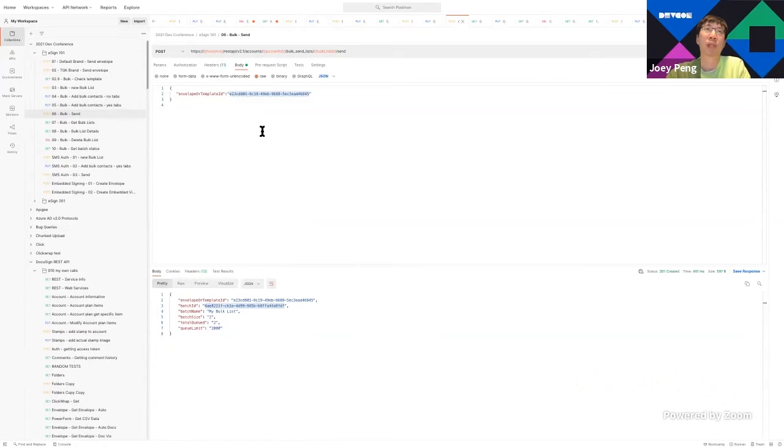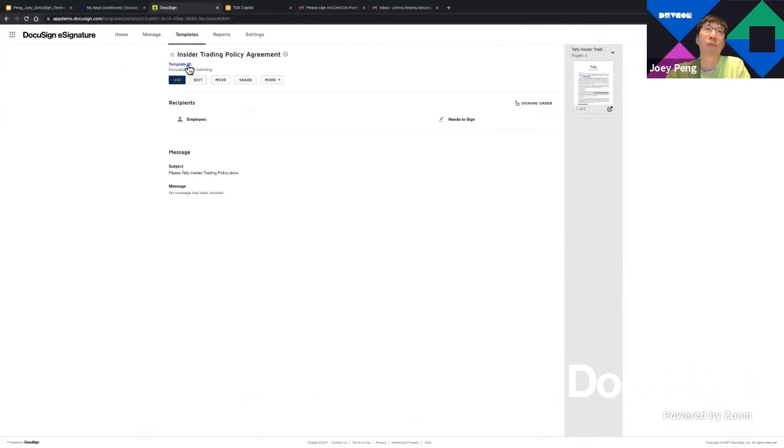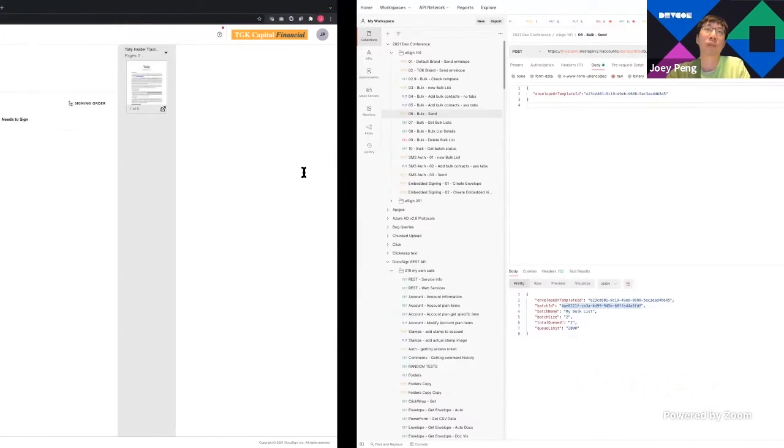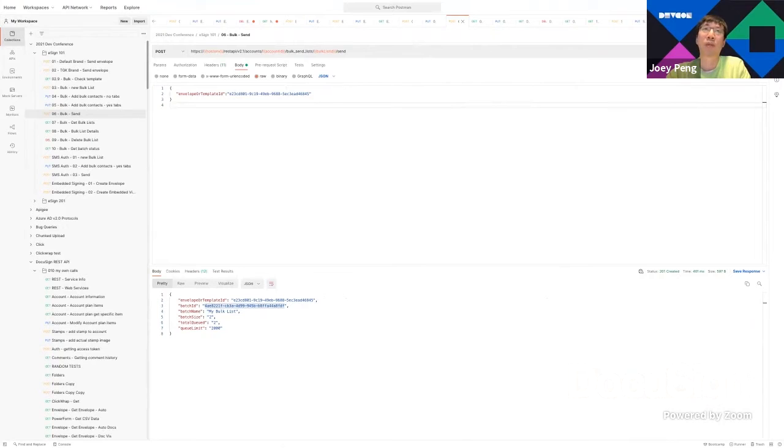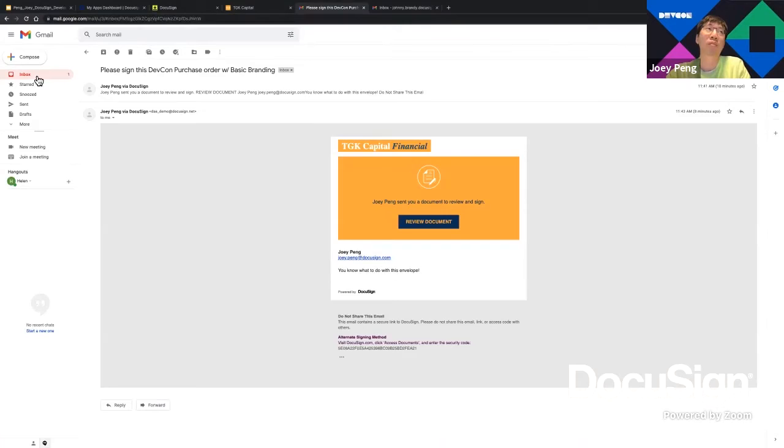The next step is to simply send. All you need to do is provide the envelope or template ID. In this case, I already have the template ID. It can be found here. Now I'm going to go ahead and send. That's it. And you can use this to easily send to many, many different